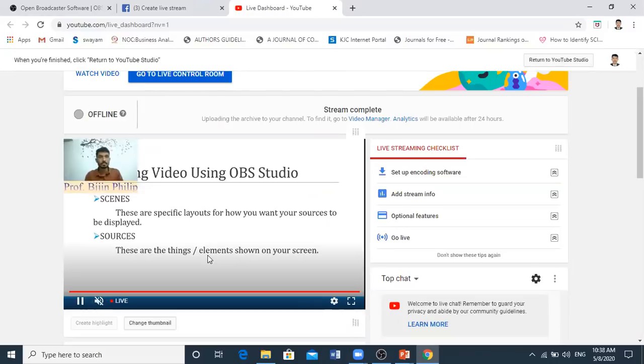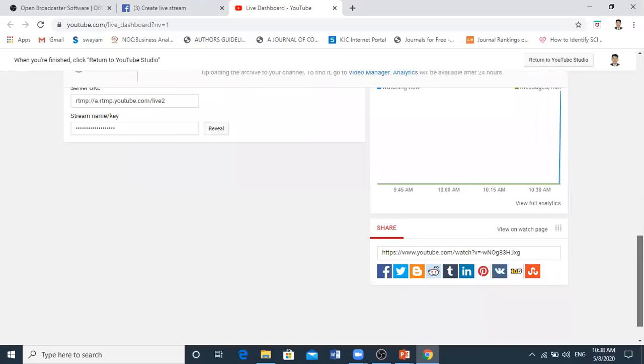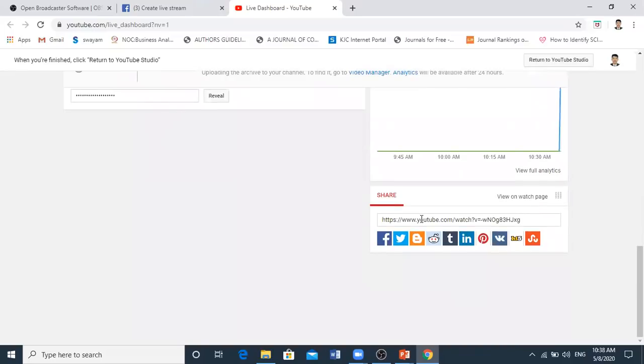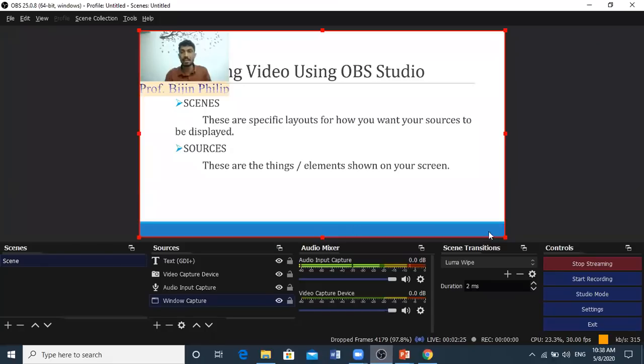Here OBS Studio is acting as an encoder. Then how can you share? Here you can see the share option, and one link. You can share this link with your students, and students can access your live videos using this particular link. So this is the way you can do live streaming using YouTube, and OBS software is acting as an encoder here.